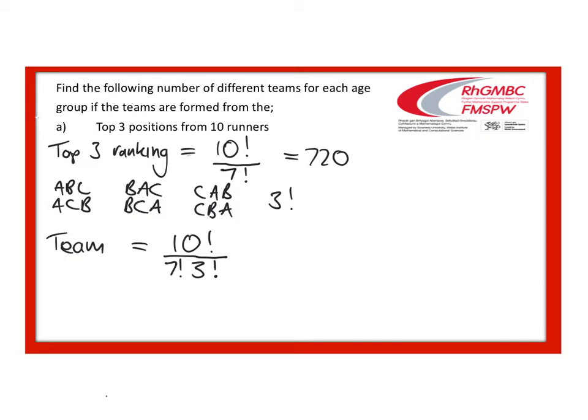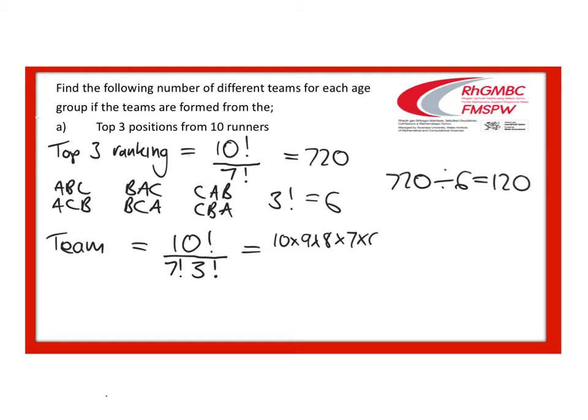And this will tell me how many different teams. So what we found here, we'd get the 720 divided by the 6, which would give me 120. That's essentially what we're doing from first principles. Now I can write it out as factorials. If I show you how we would calculate that